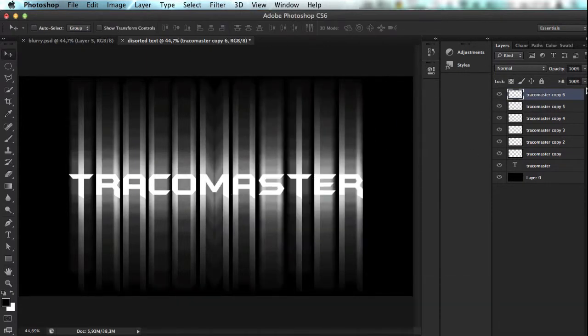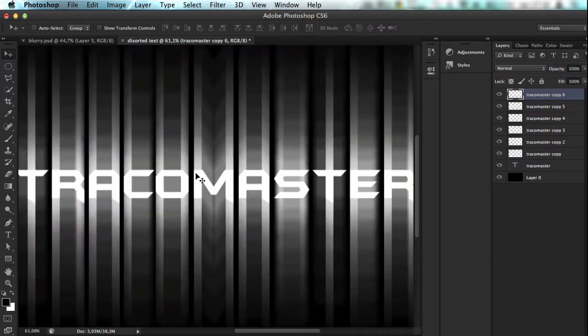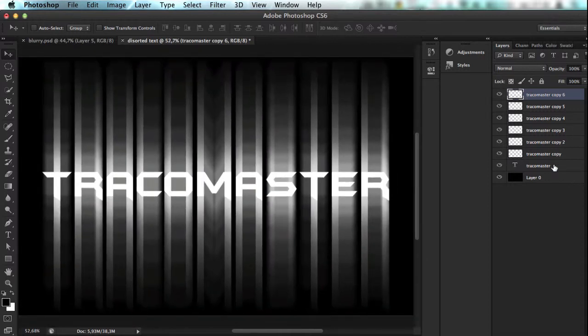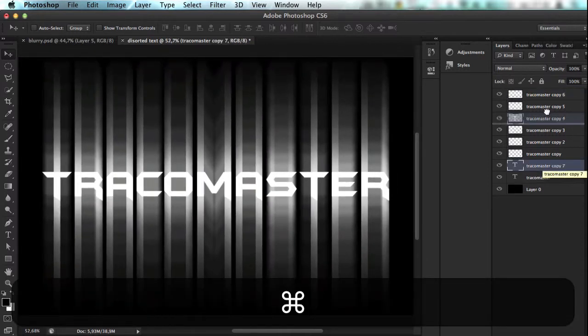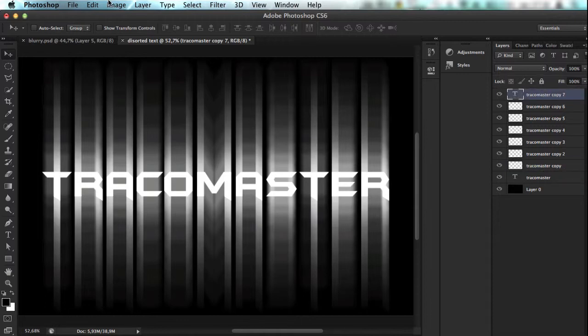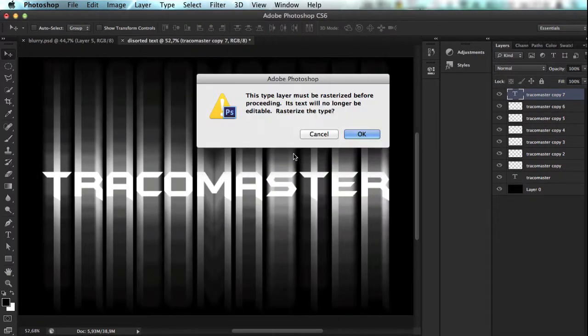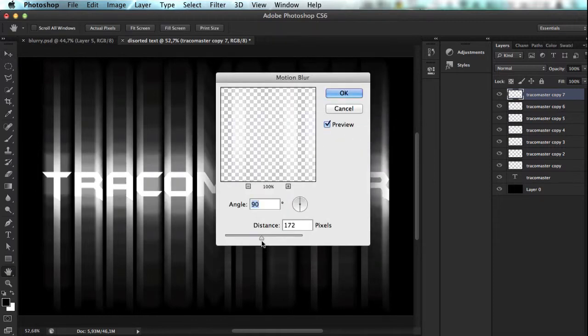Now, as you can see, I made a few layers of this here and actually blurred it. Now, you don't have to be super precise with this one. I actually want to make yet another one of these. You don't have to be super precise with these ones,